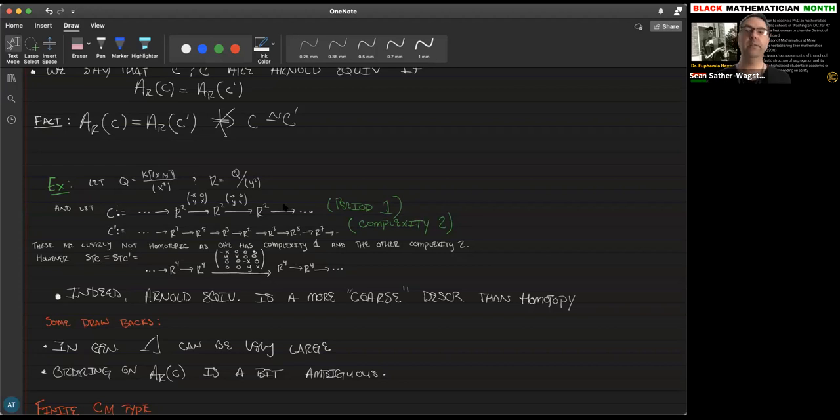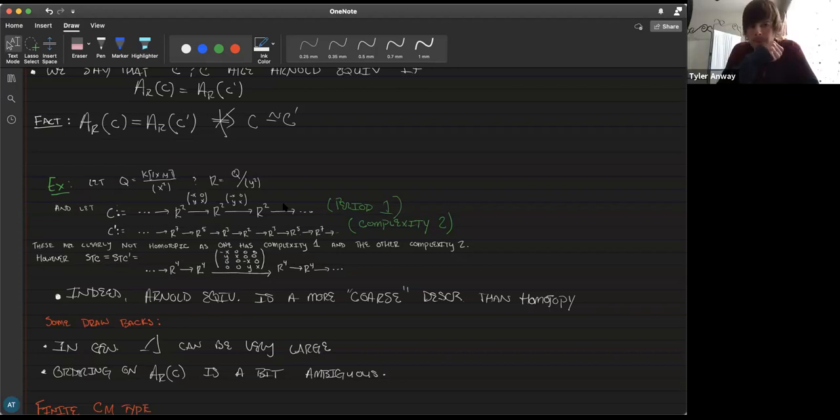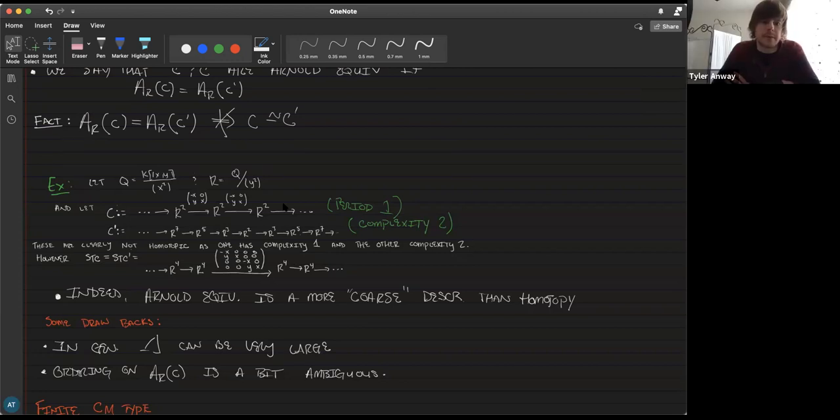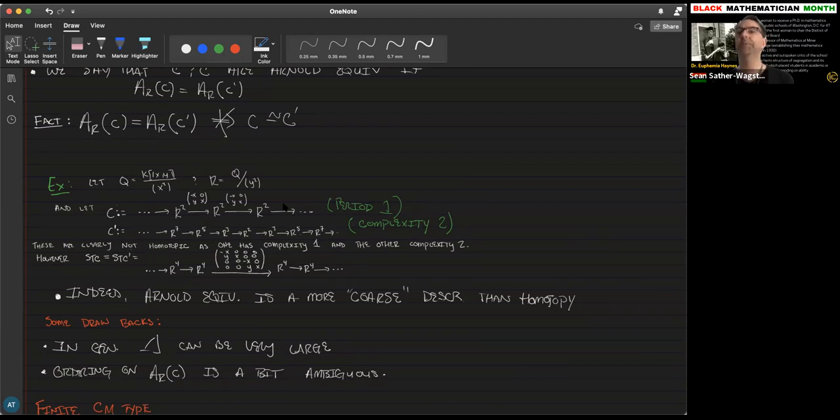Right. Yeah. Those tend to respect a lot of things. It's not clear whether it respects enough. That's certainly something I can look into. I know I make a lot of assumptions throughout this, so anything to cut back on those assumptions would be nice. Yeah, it's certainly something to look into.